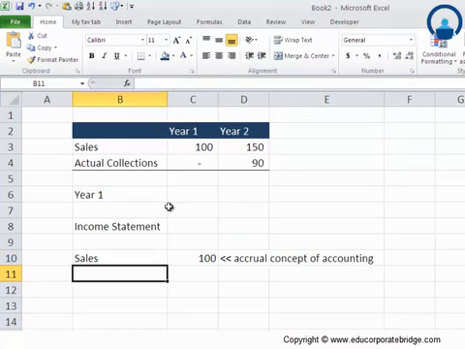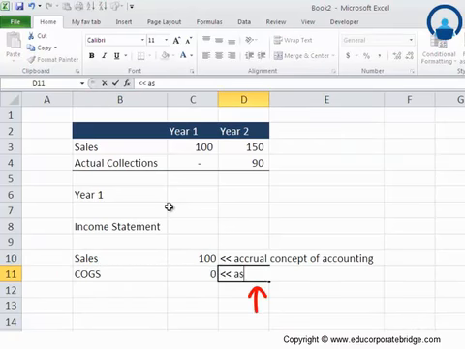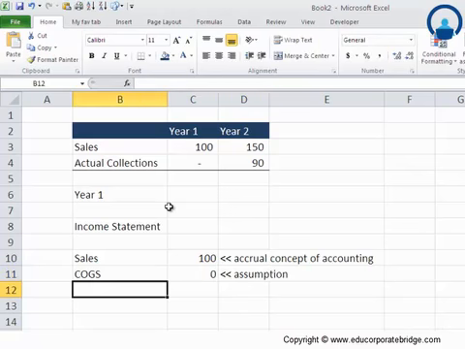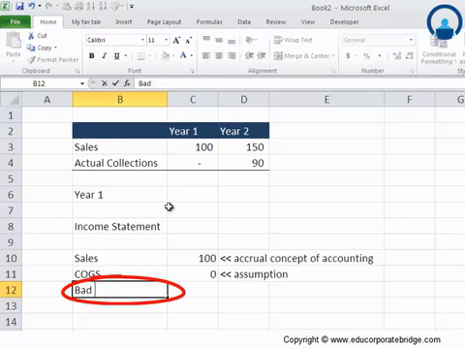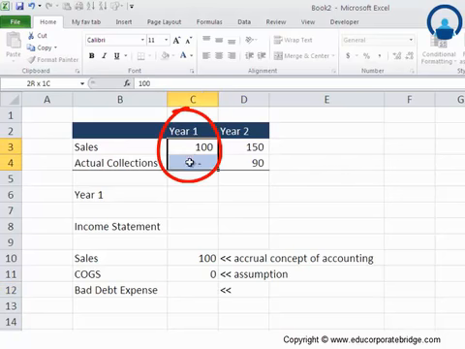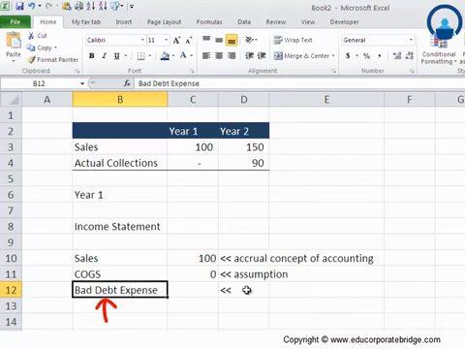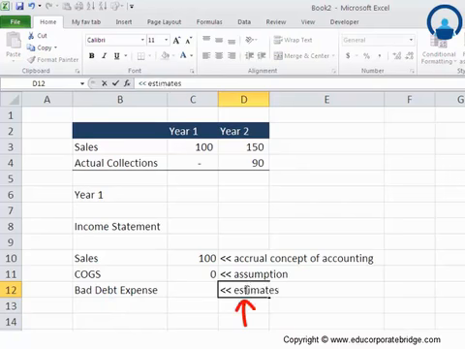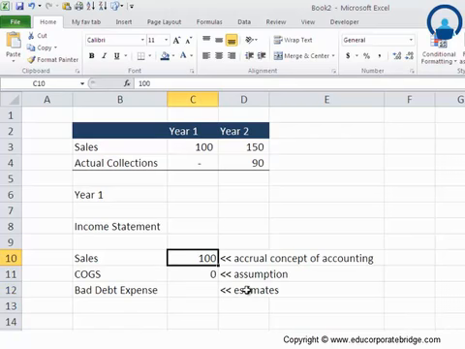The second is cost of goods sold. Cost of goods sold here is 0 because this is the assumption that we have already made. The other kind of expense that comes here is the bad debt expense, which is related to the accounts receivables. During this period, which is year 1, the bad debt expense, which is essentially the management's estimate of the bad debt allowances, will be considered because this sales has happened in this period, and the expense should be matched with the corresponding period when sales has happened.